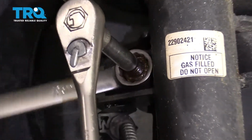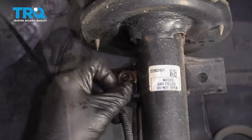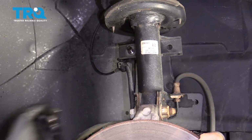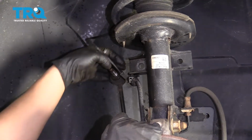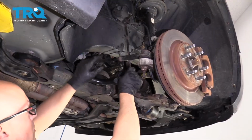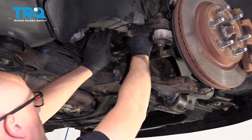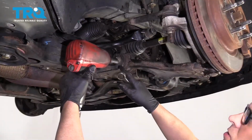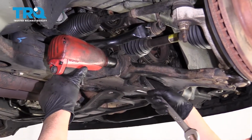So. And take the nut off. And you can take the stud out, just like that. With both of those links disconnected, then you can slide the whole sway bar up, and then you can access that bolt. Then you can use a 21mm socket and a 21mm wrench on the nut